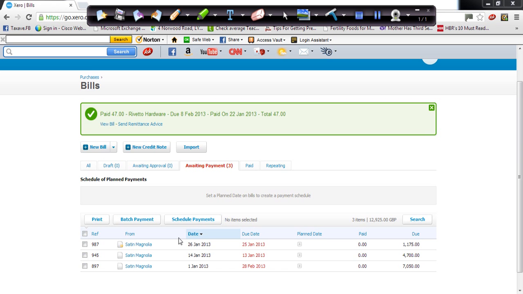Going to the next payment here, that's for Saturn Magnolia on the 23rd of January, and we're paying two invoices, 897 and 945. So again, if you just go through and enter those payments,